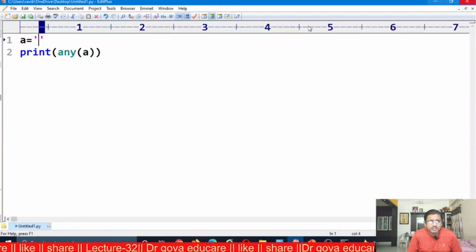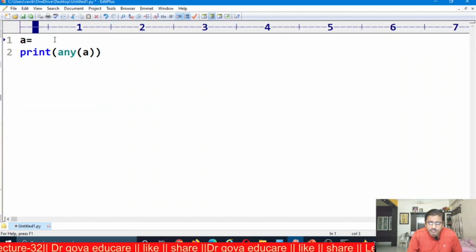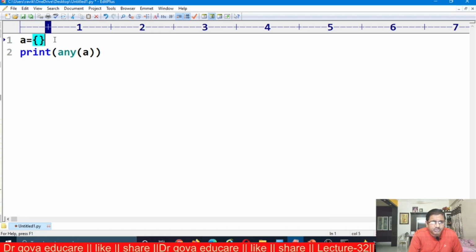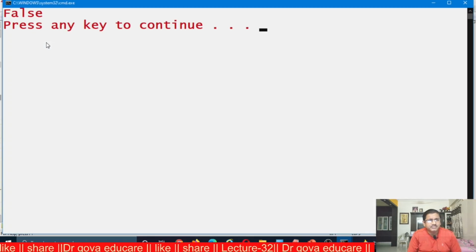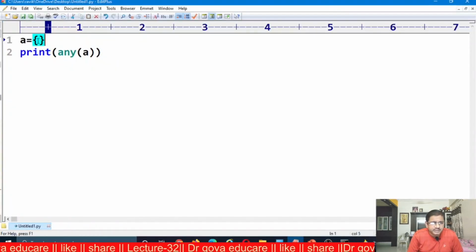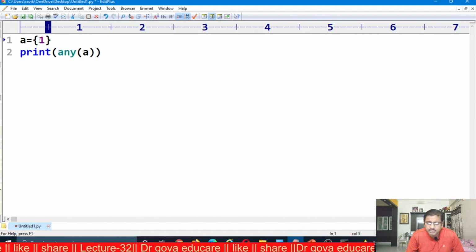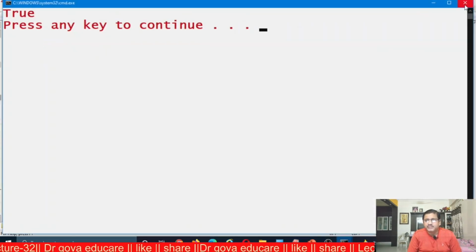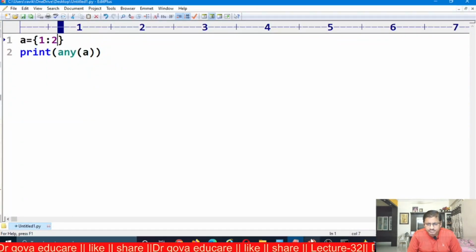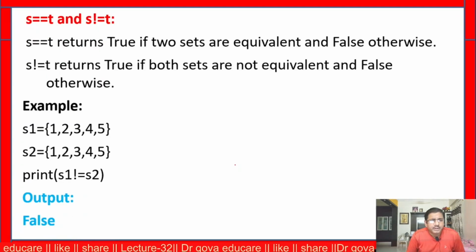It is applicable to dictionaries also. If it is an empty dictionary, it returns false. If it contains at least one key-value element, 1 colon 2, it returns true.